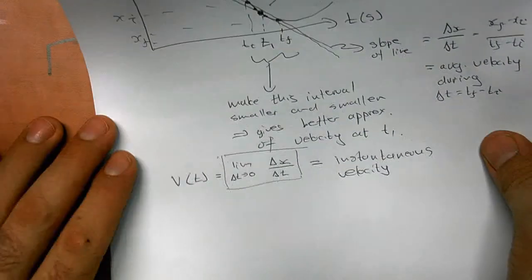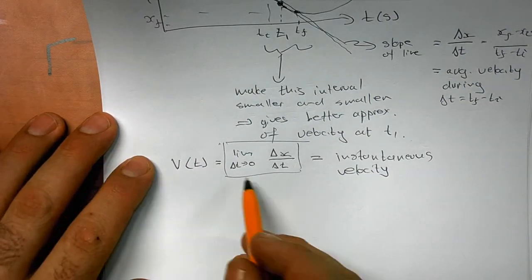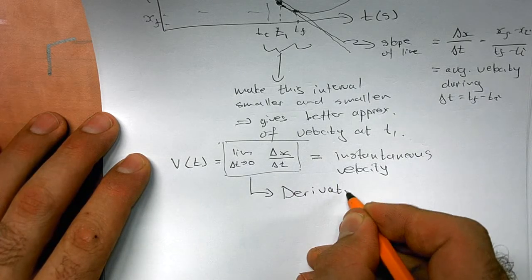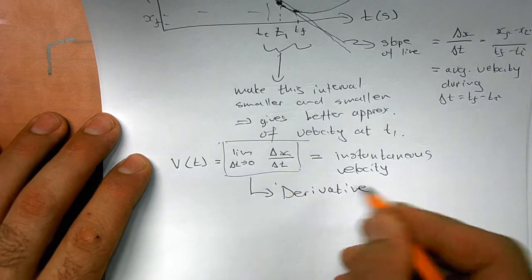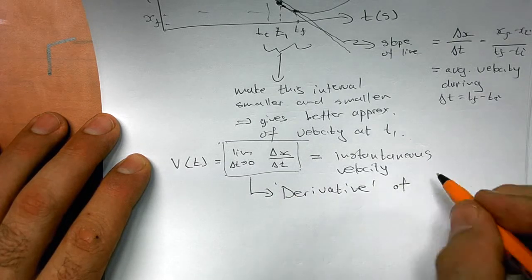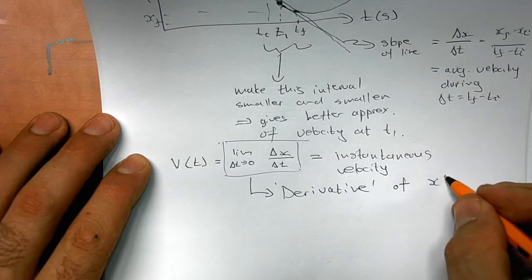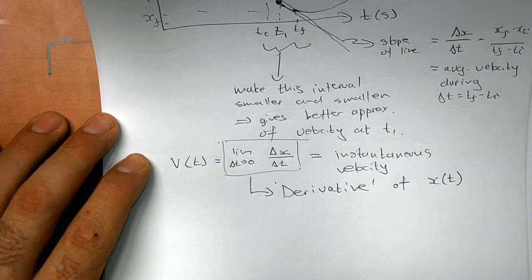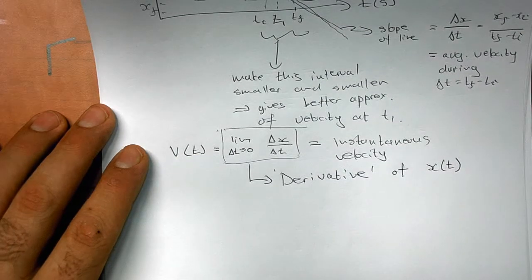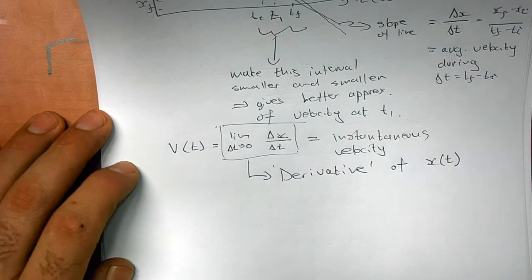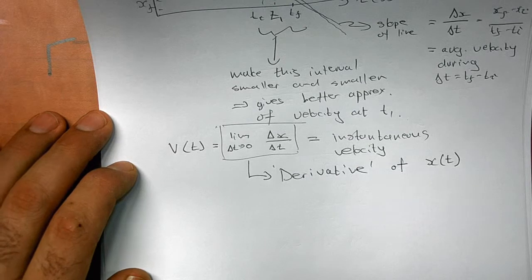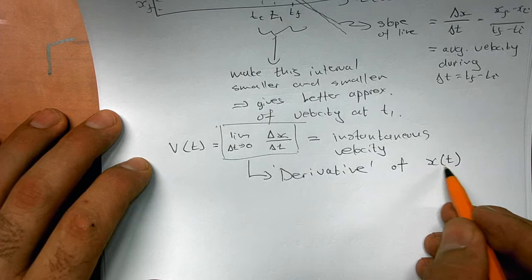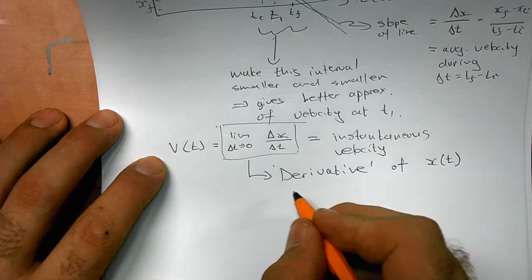Now, there is a fancy name for this. This is called the derivative of the position versus time graph. Now, you will learn in mathematics what a derivative exactly is, and how to calculate it in different cases. Here, I just want you to know that the derivative of this function, position versus time, what it physically means